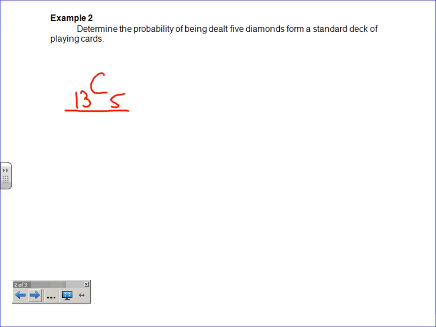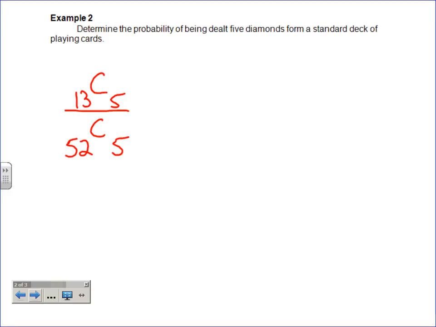52 what? And why 52? Because there's 52 cards, right? And again, does it matter what order you get them in? No, I can get whatever I get. It's a hand of cards, and so 5. Okay. You want to be very careful that if you're choosing 5 on top, you're also choosing 5 on the